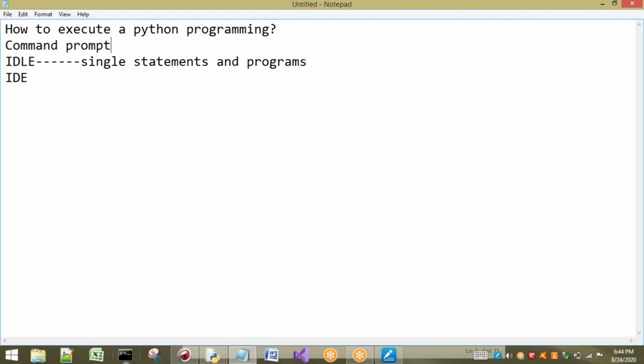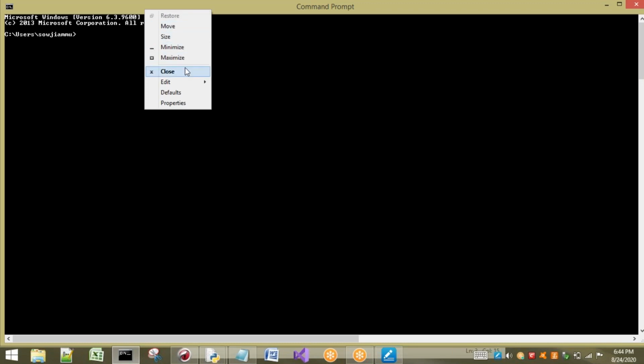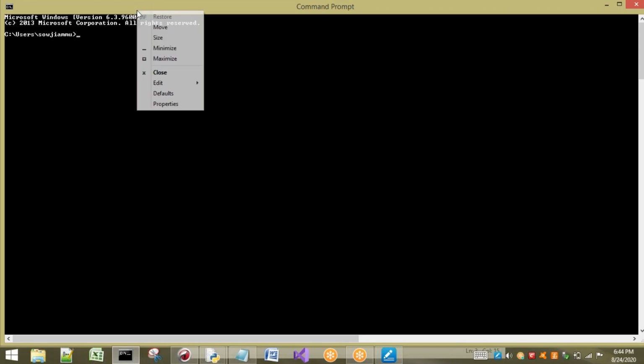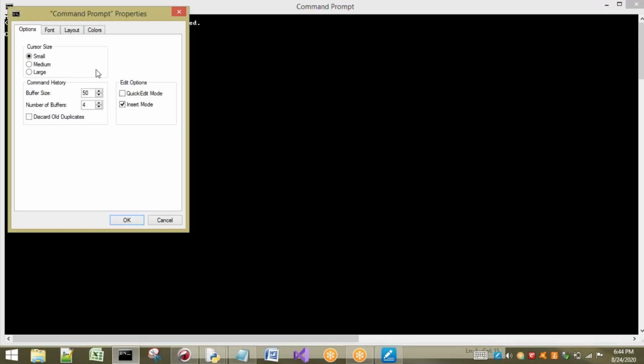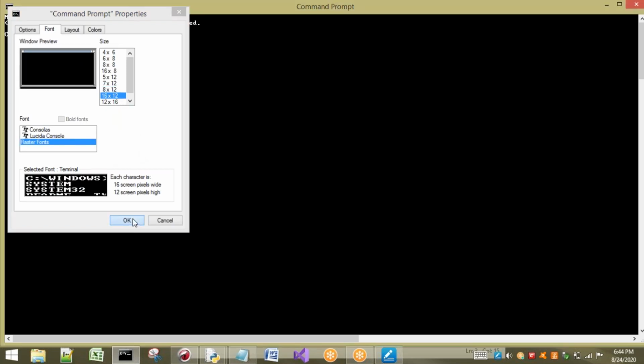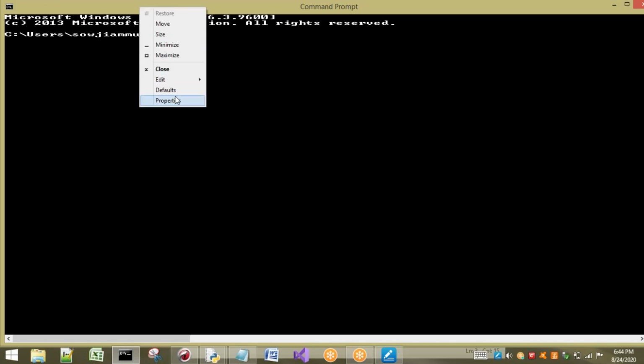Now see, I am going to open a command prompt. I think it is visible to you. Okay, white color, no problem. I will try to increase the size. Anyway, I will change it to some other mode.